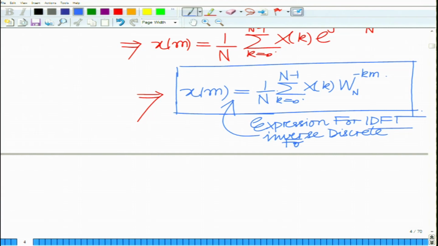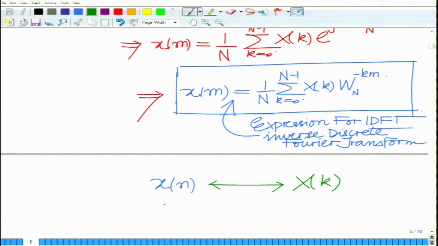This is your inverse. This is the expression for your inverse discrete Fourier transform. And this is of course represented by, similar to what we have seen many times before, x n equals